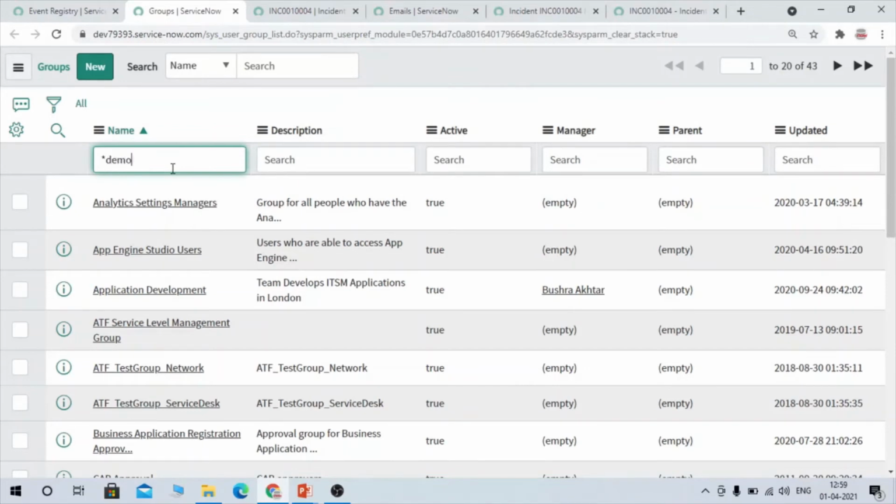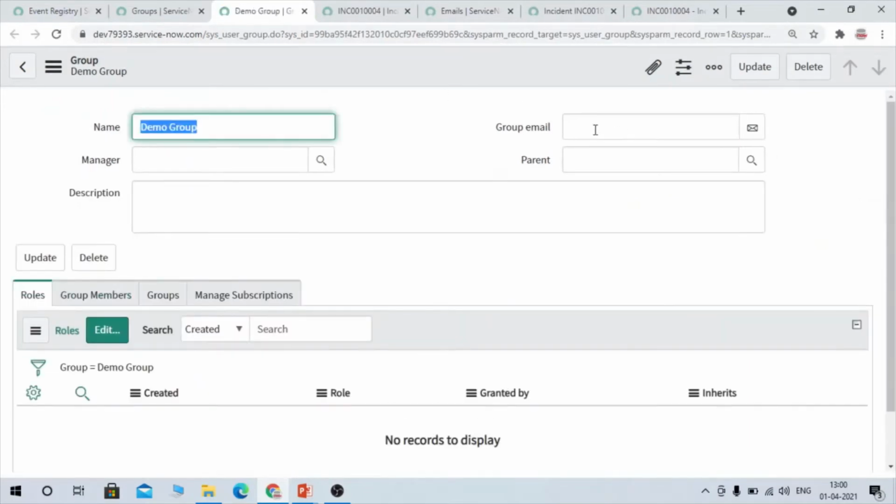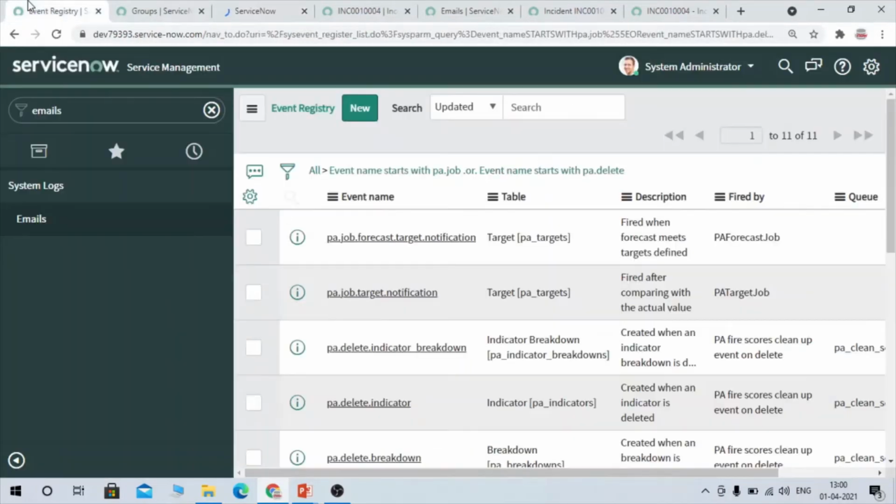So first we need to add some users in that group. We have not added any DL or anything in that group; we have only created the group. So we can add a group email here or add some group members here. Then it will trigger the notification to the user or the group email. So let's do something.